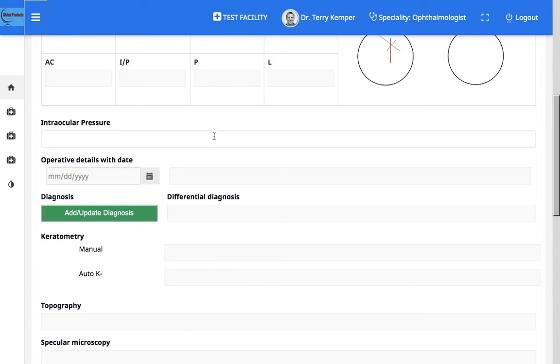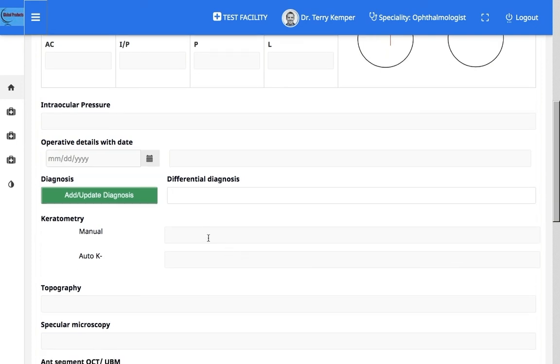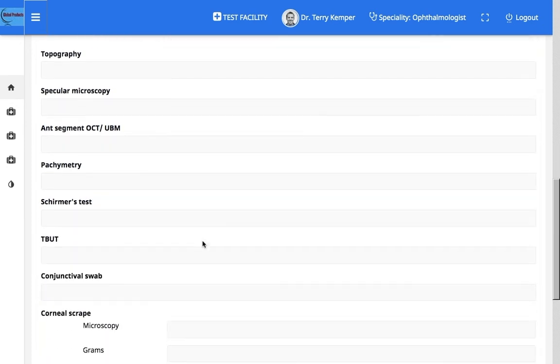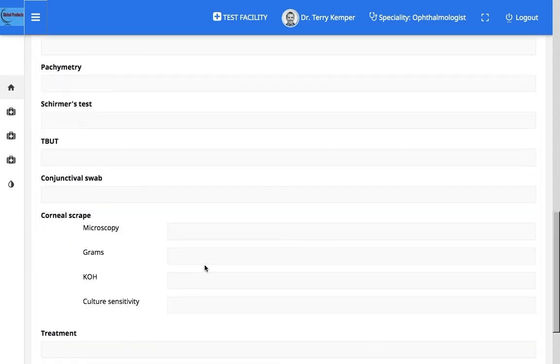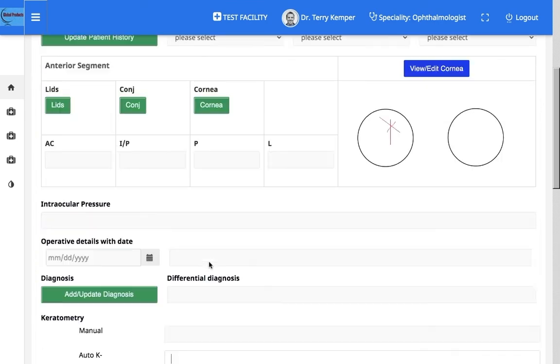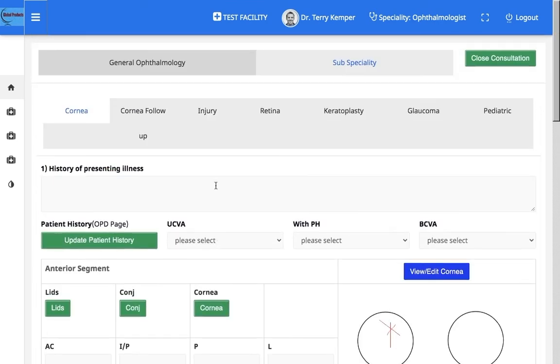And intraocular pressure, operative details with date, the differential diagnosis, information for keratometry using manual auto K, topography, conjunctival swab, corneal scrape treatment can be saved. This is for the cornea subspecialty.